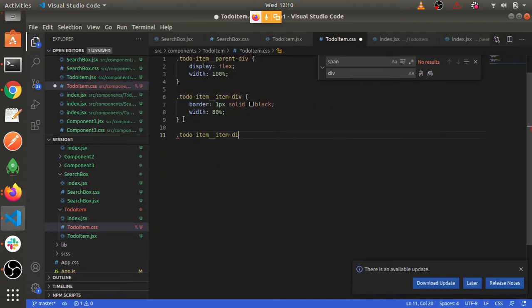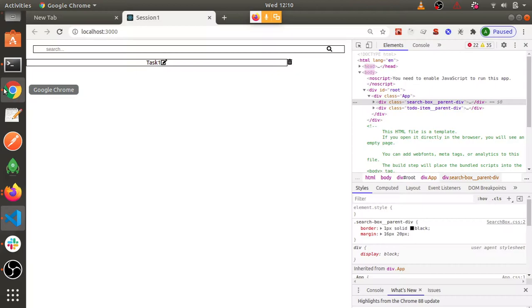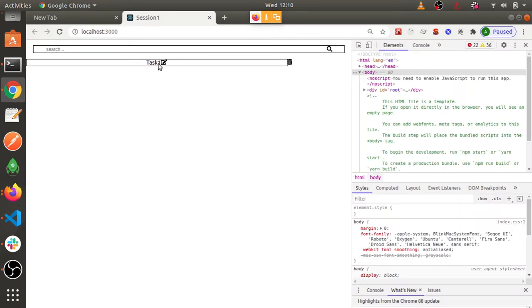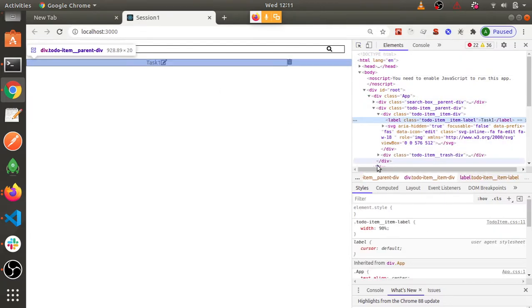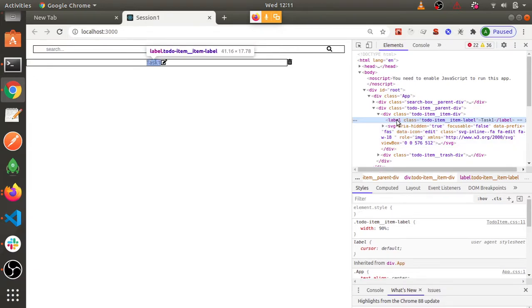So we'll do this. I'll remove this part and I'll give it width. Let's give it 90%. Oh, the task is not taking that. We'll see why it is not happening. Do we need to use the text align because it's center?